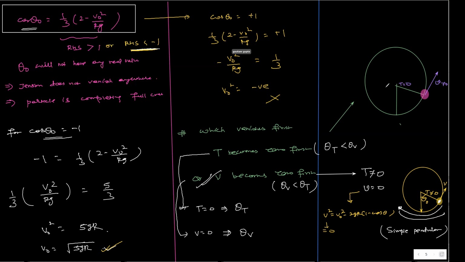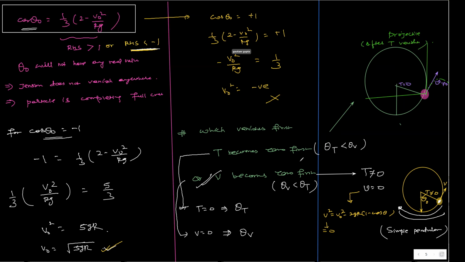After that, if it is not an obtuse angle, then you have to solve it as a projectile. You write the x motion and y motion, and the particle will follow a projectile. Basically, the particle will go like this and fall somewhere. Understood? So if the tension becomes 0 first, then the string is gone, the motion will be under gravity, and this becomes a projectile after tension vanishes.